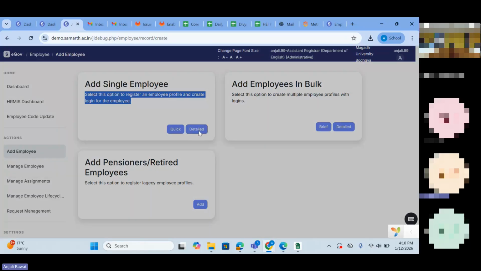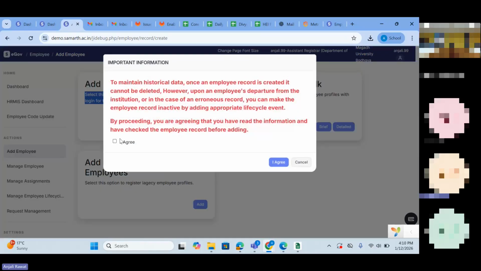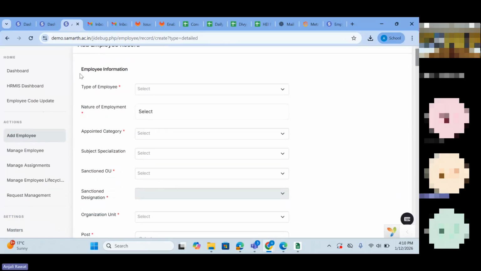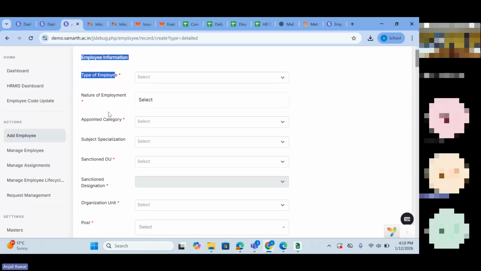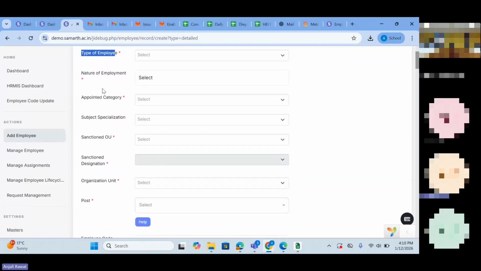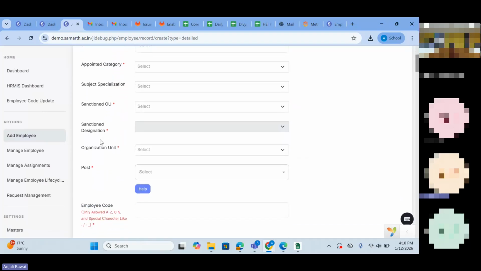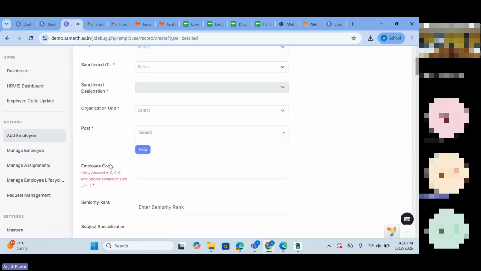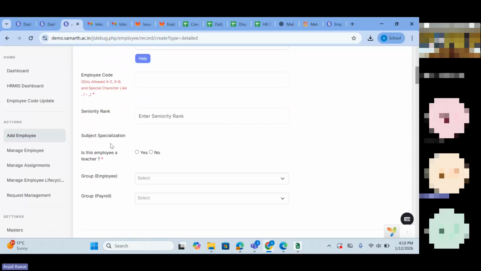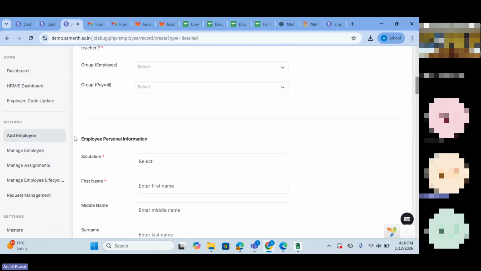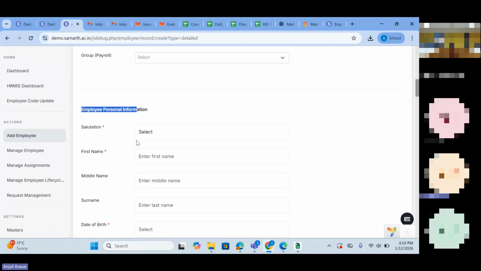Now for detailed, click on this option, read this information which we have mentioned, then click on I agree. Now you can see under employee information, the same information you have to add: type of employee, nature of employment, appointment category, subject specialization, sanction designation, organization unit and post. Then employee code, salary rank, and subject specialization. These you can also add in brief, but in detail you need to mention employee personal information. For example,